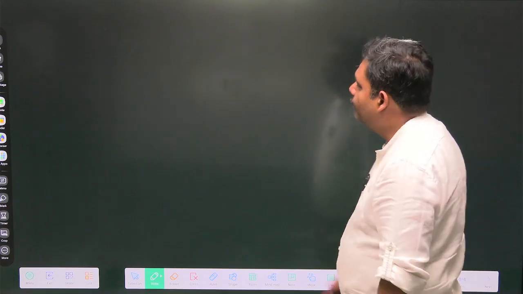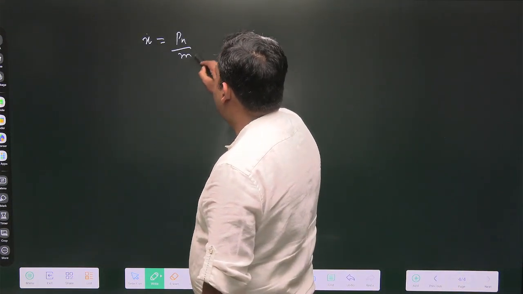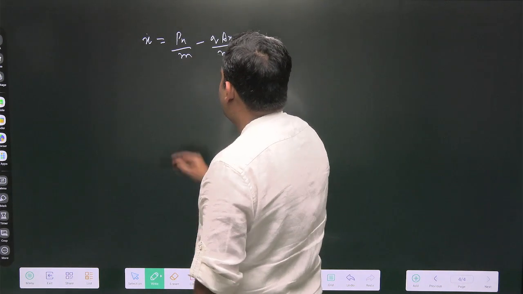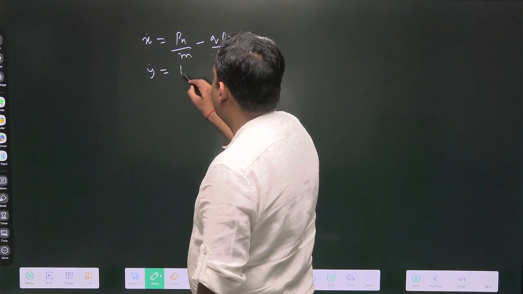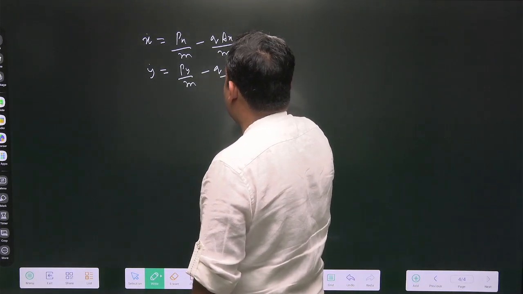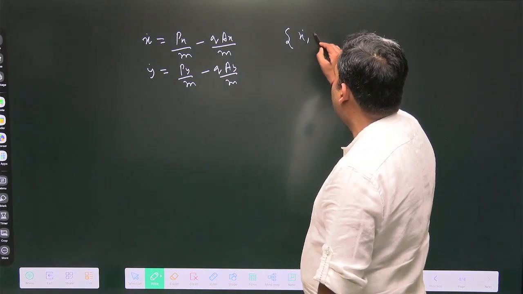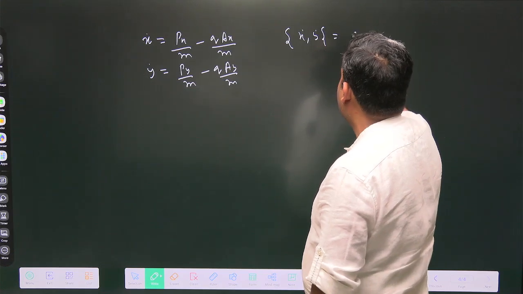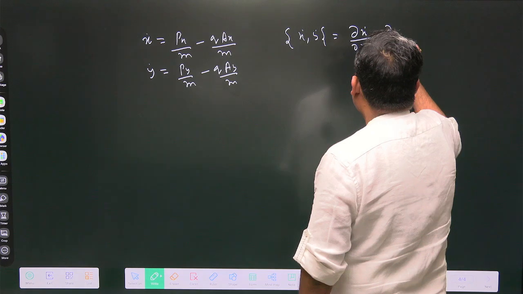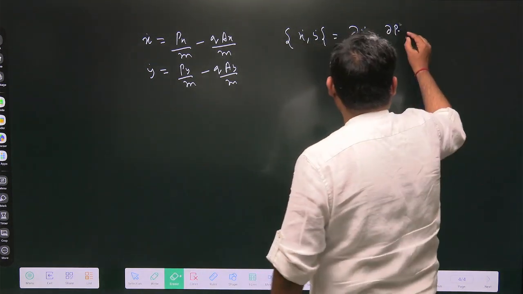So we have ẋ equal to px upon m minus q Ax upon m, and ẏ equal to py upon m minus q Ay upon m. Now the Poisson bracket of ẋ and ẏ is given by ∂ẋ/∂x, ∂ẏ/∂px. So this will be